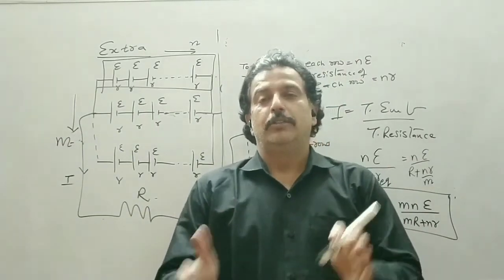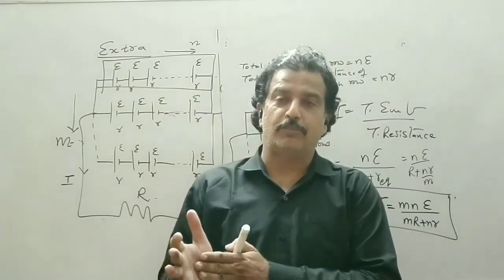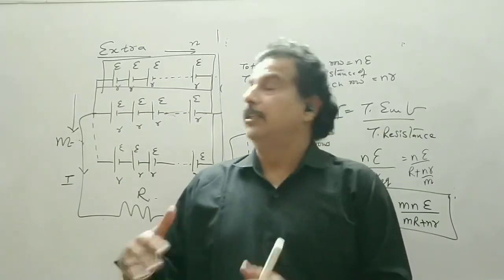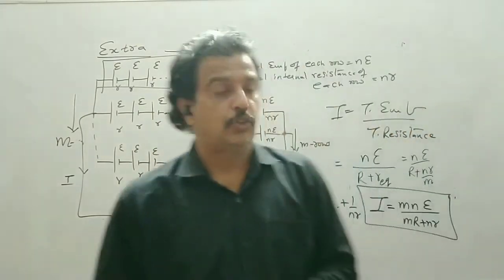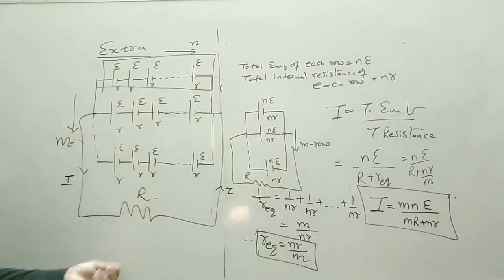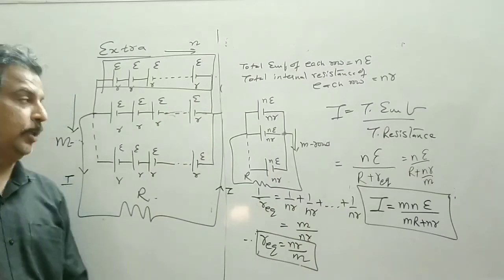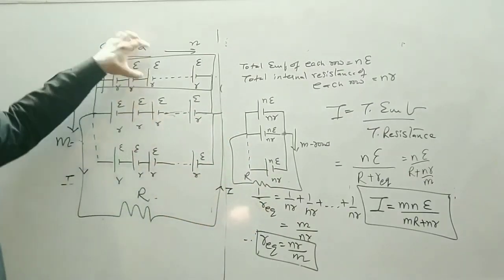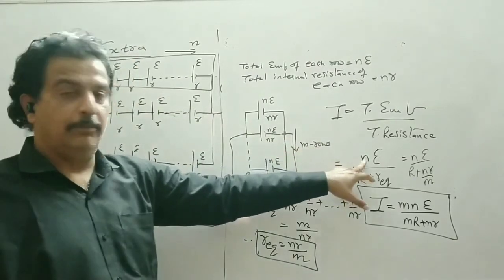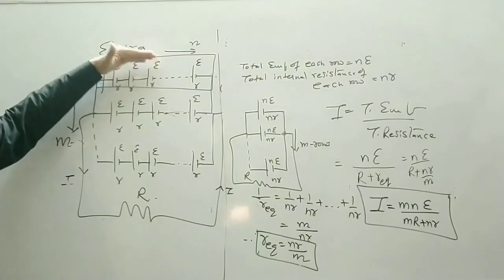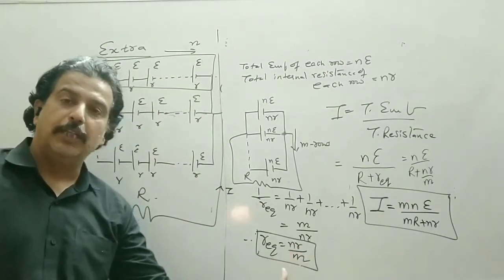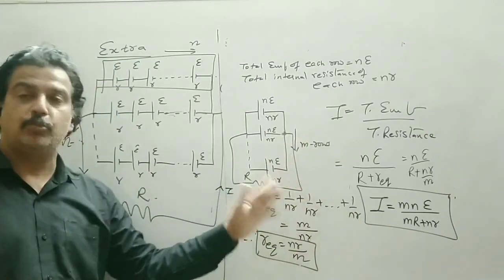So now we have the series combination of cells, the parallel combination of cells, that is the theory portion we did in our lectures, and now this is a mixed combination. So if you remember this formula, you can directly apply it, otherwise you have to do an oral calculation. This can be done orally. In the series combination, nE should be the total EMF. Then for the parallel combination, this is nr. So R equivalent becomes nr upon m for the parallel combination, and then it is in series with the external resistance.